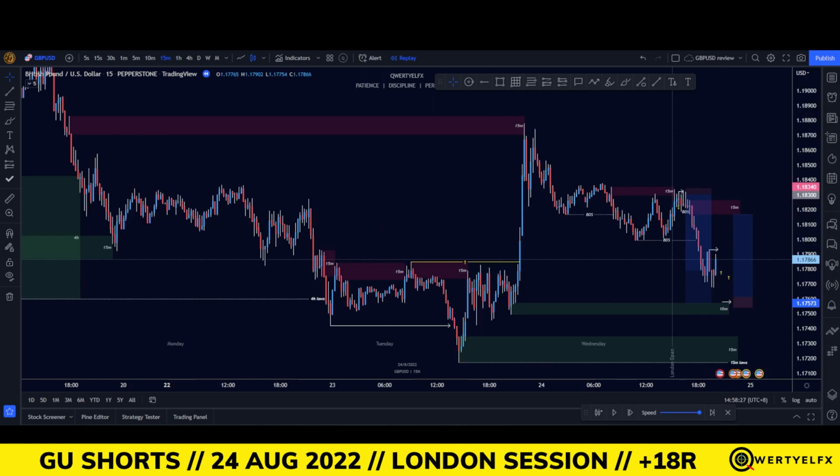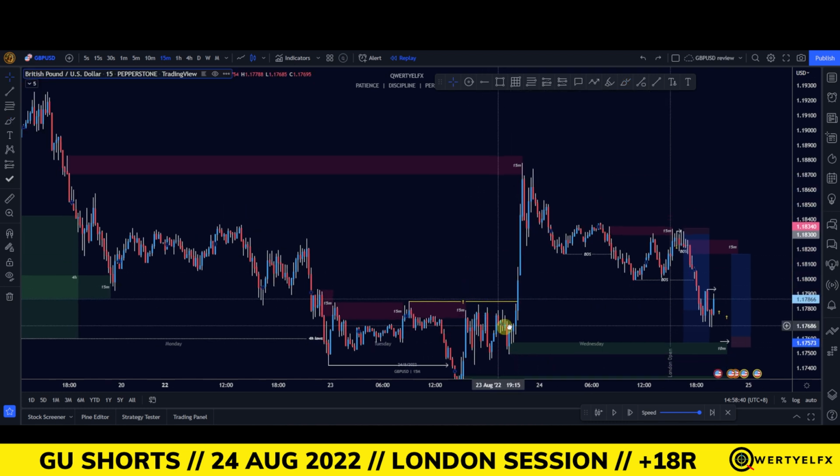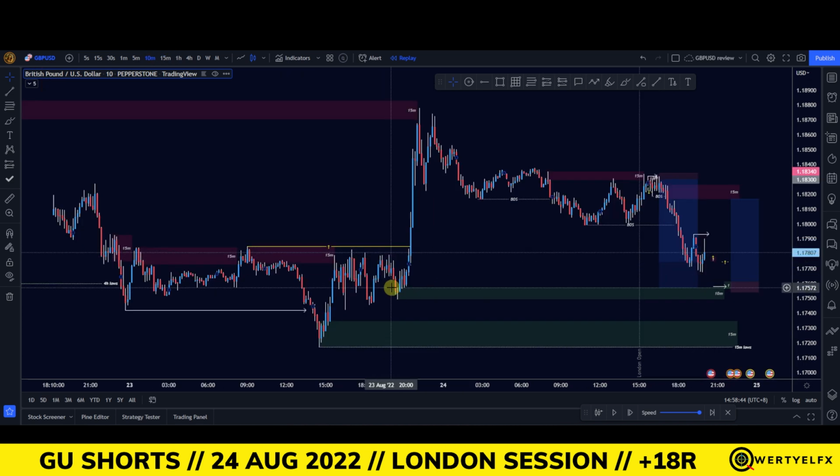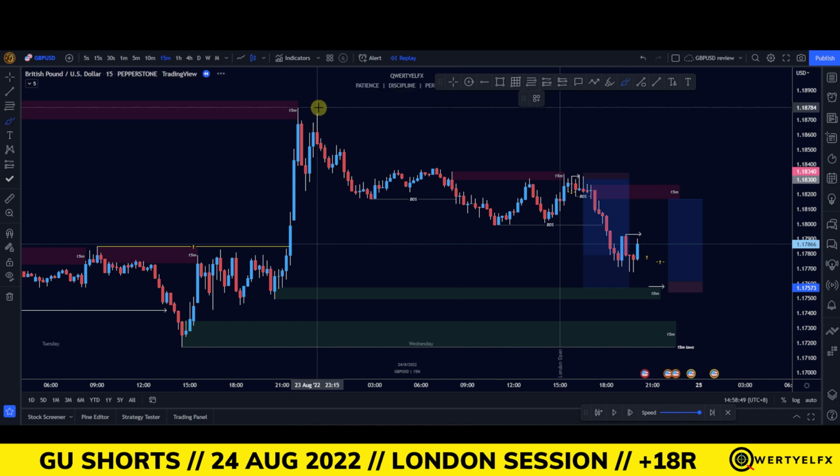Moving on to GU, we can see the same structure forming here with this big push up leaving behind this demand zone over here. So over on this area here, the 10-minute would have been cleaner for you to find that extreme demand zone. So once we see that price respected this 15-minute sell zone and it broke structure over